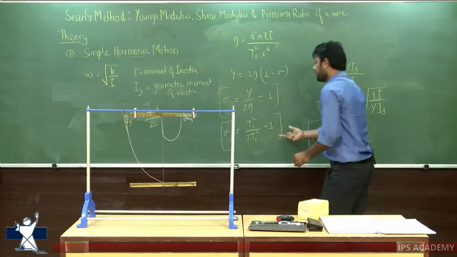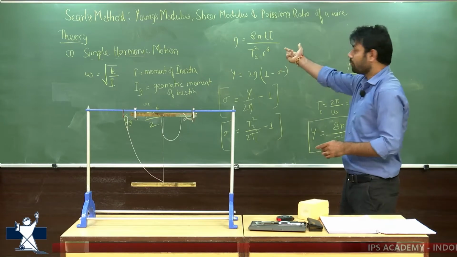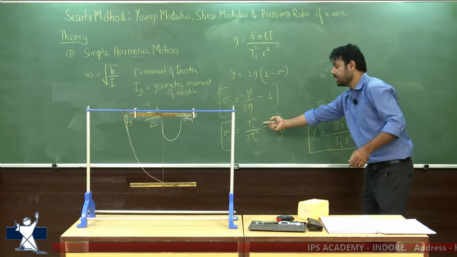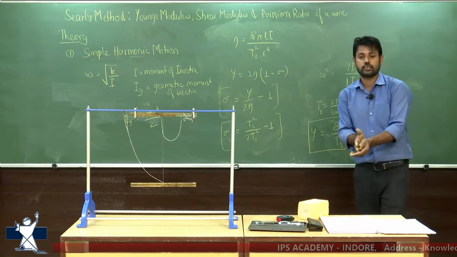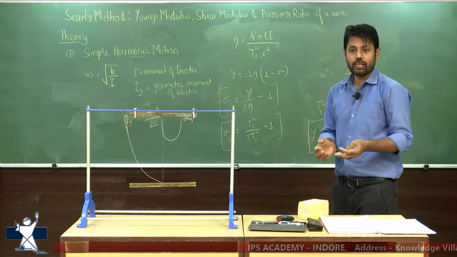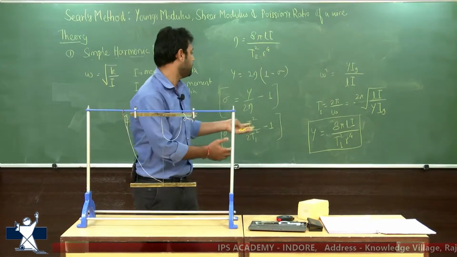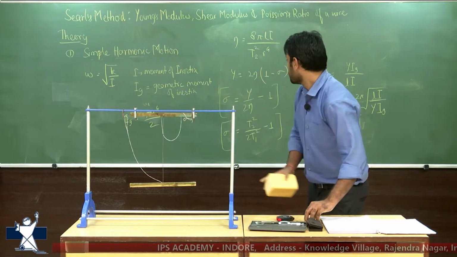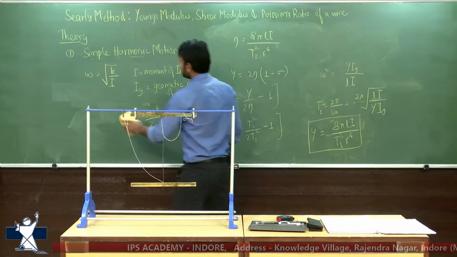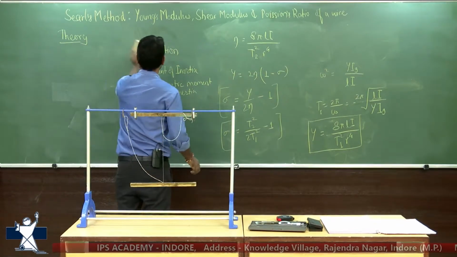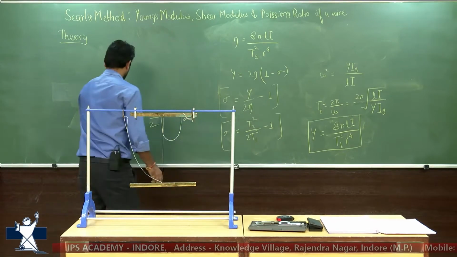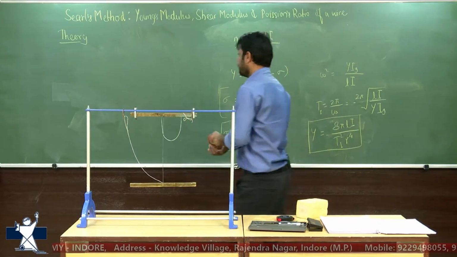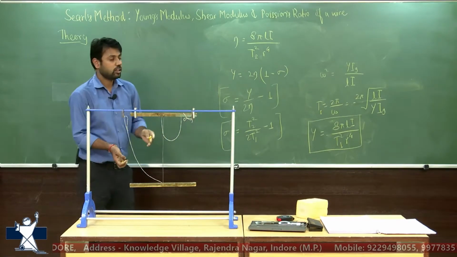So as you can see, we have reduced these complicated concepts of Young's modulus, Poisson's ratio and eta in the form of time period, length and moment of inertia of these objects. Okay, so now the only thing that remains is to measure the moment of inertia, measure the time period and get these quantities. So now let's begin our experiment. So we will remember these three formulas. I'm going to rub these out. So all we need to remember is these three formulas, but you need to always know and remember